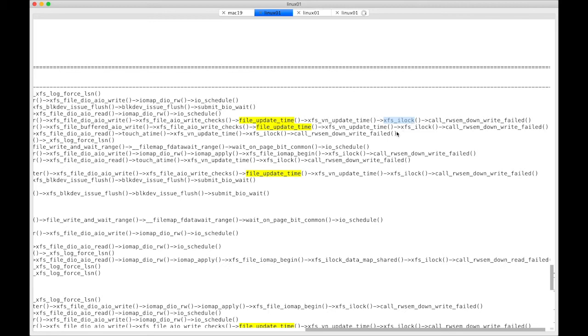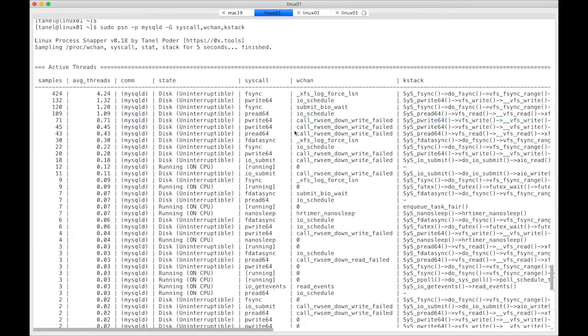But if you have a lot of concurrency, then others are trying to do the same thing. You see file update time, right? And here is touch atime, touch the access time. So this is the last file modification time, but this is the last access time. So basically, this is why you have fdatasync instead of fsync, for example, because if you have many threads which constantly write into a file system file,